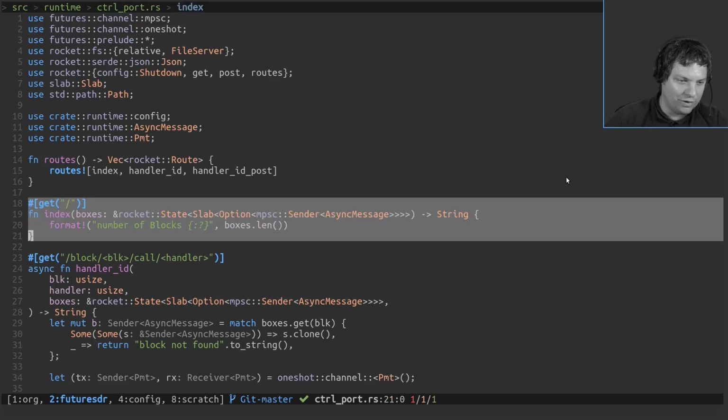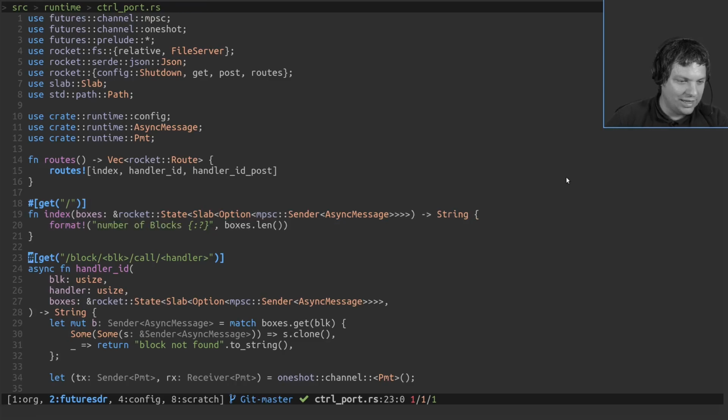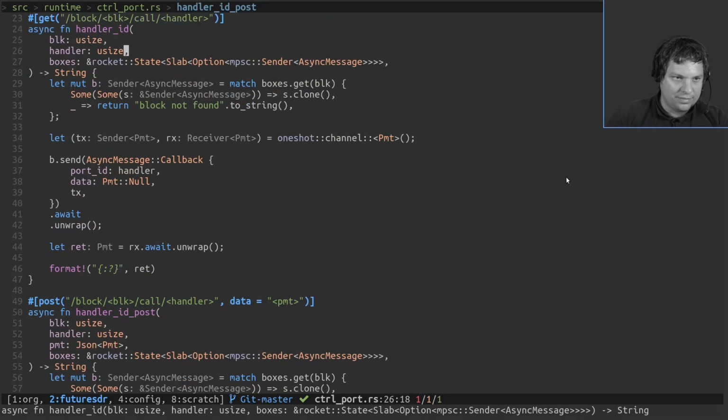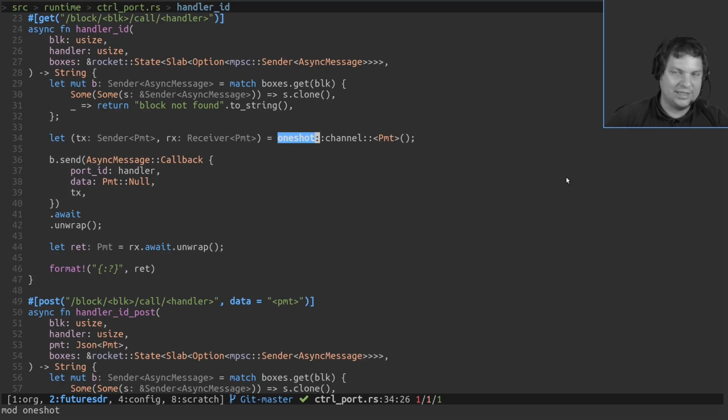So we have one route that just tells us how many blocks there are. Then these are the interesting ones. You can have a GET request to a URL where you indicate the block, then the block ID, the call, and then the callback, the message handler ID. Because this is a GET request, that means there is no data attached to the request.